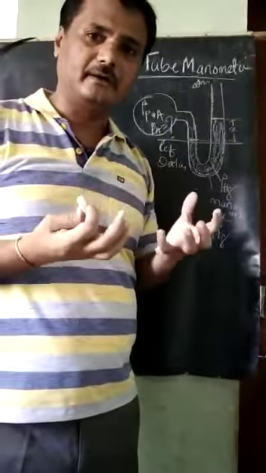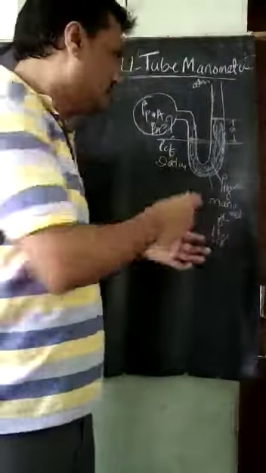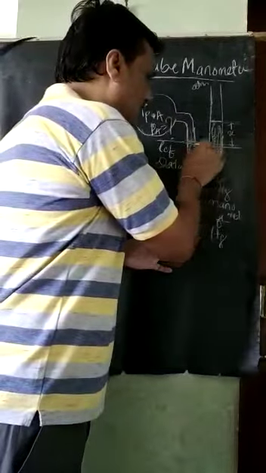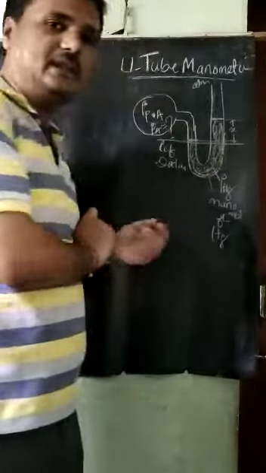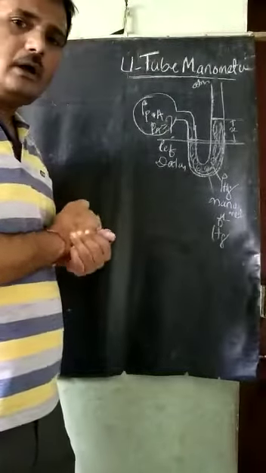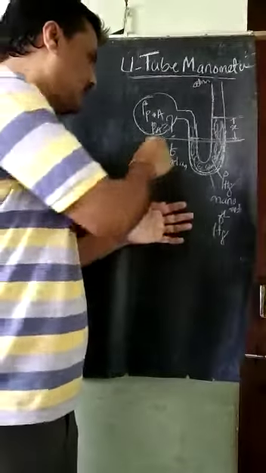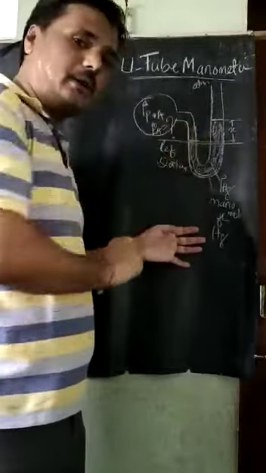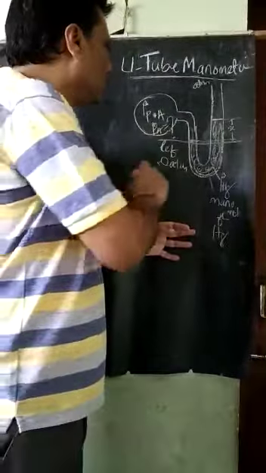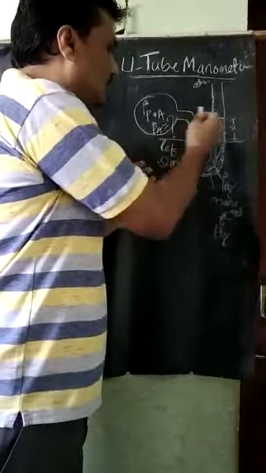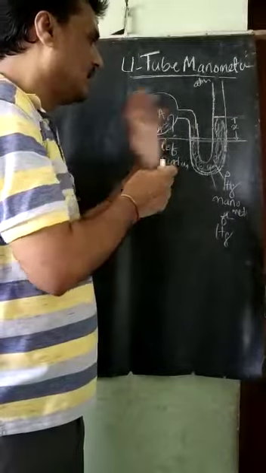They are nullified. That's why, up to this lower level, we are taking this as a reference line. So next, how to find out the pressure? After taking the datum line for the lower level, what will I do? Next, what are the pressures in the left limb and right limb?